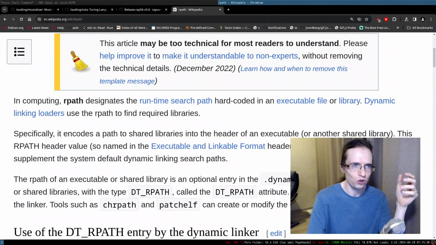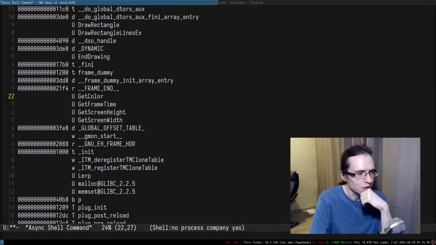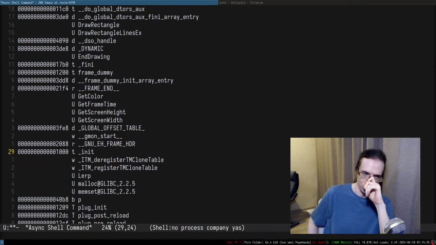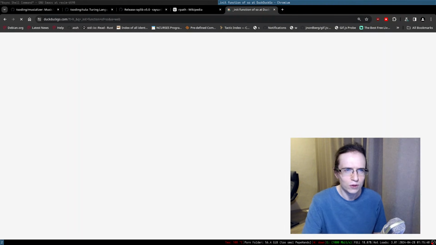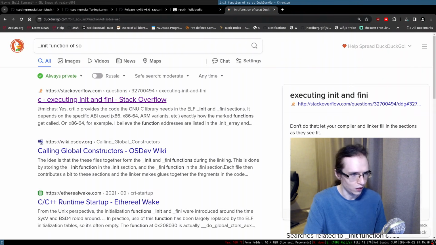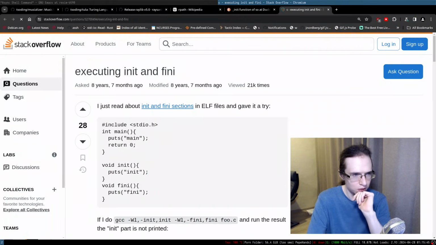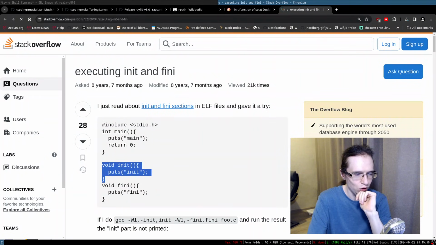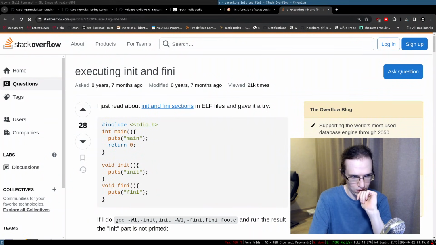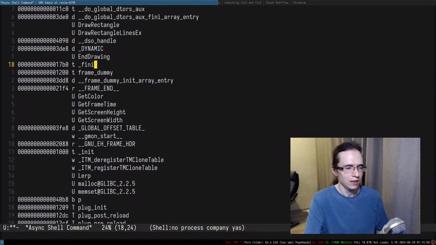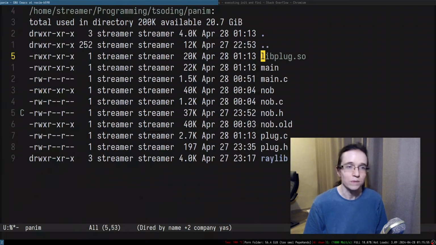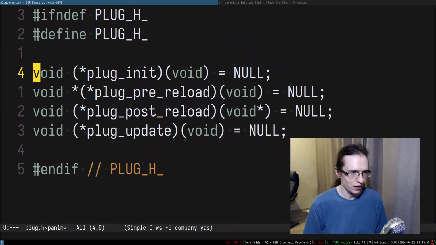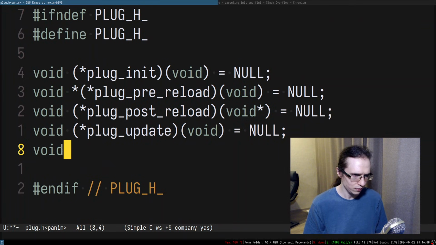So yeah, probably we can just literally try to call this function. I don't know, but we'll see. By the way, maybe this thing is still useful for some other stuff. Yeah, so we can try to just load them up like this. Okay, so we can put this kind of stuff in here. So it's going to be void init,